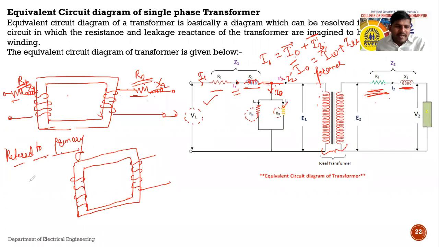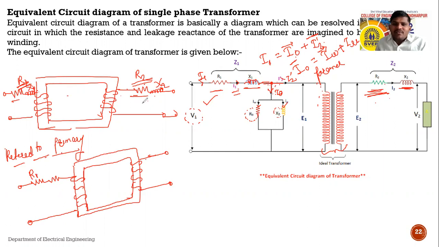resistance जो आहे तो मी primary side ला shift करतोय. So here it is R1 resistance. Here it is another resistor. And on this side there is no resistance. Suppose I want to calculate the value of equivalent resistance. मला equivalent resistance ची value काय calculate करायची? See, this is the R1. Here it is secondary resistance, that is R2.